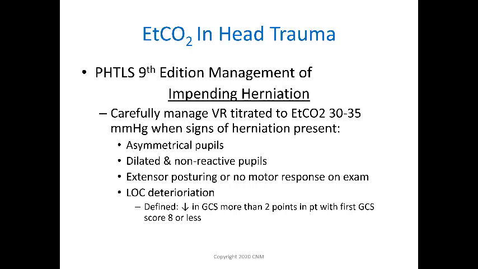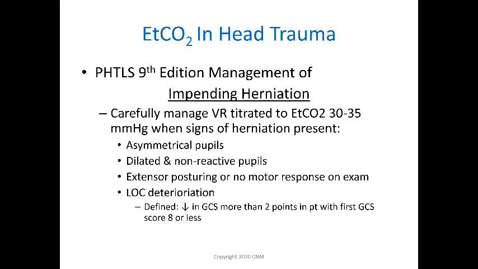Now, signs of herniation are not just based on the mechanism of injury. Signs of active herniation, or the pressure in the cranium growing so much that it's putting pressure onto the brainstem, will include signs like asymmetrical pupils, dilated and non-reactive pupils, so essentially fixed, maybe one versus the other, and extensor posturing, especially no response if you're doing a GCS, and you should on patients, because specifically there's